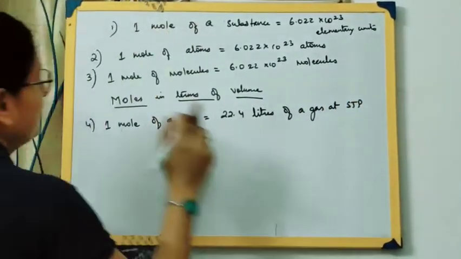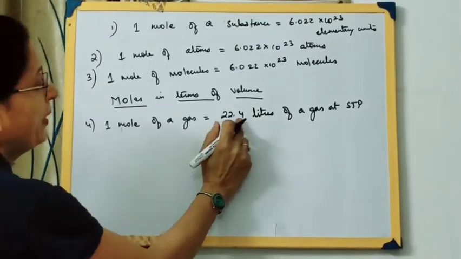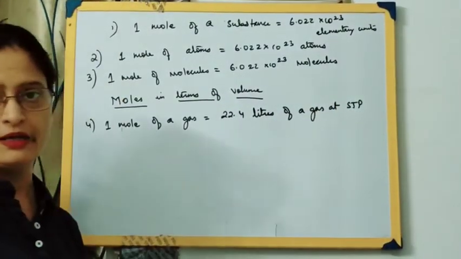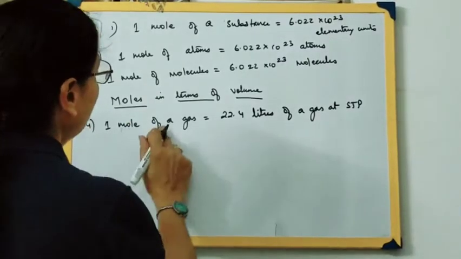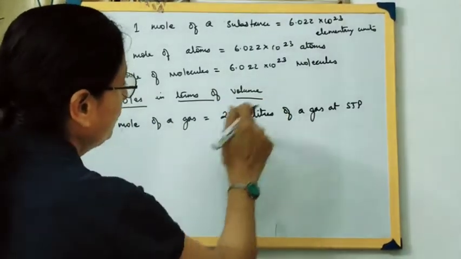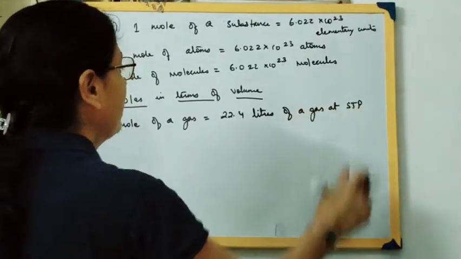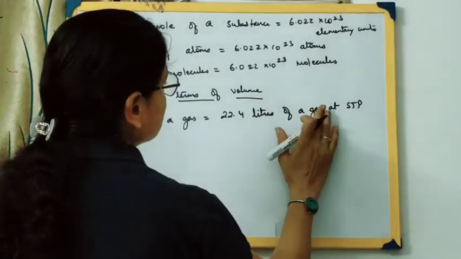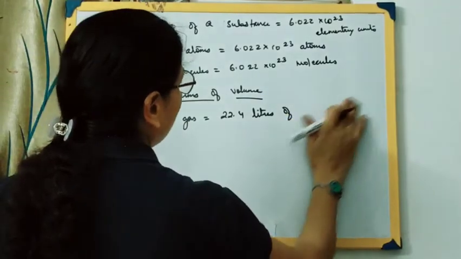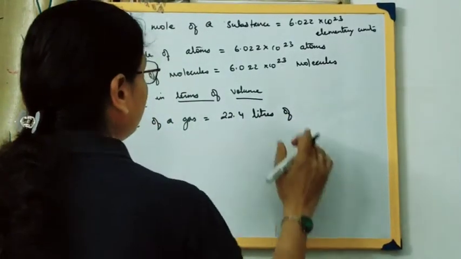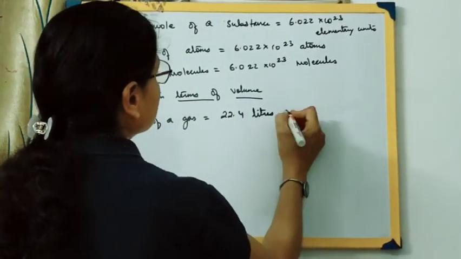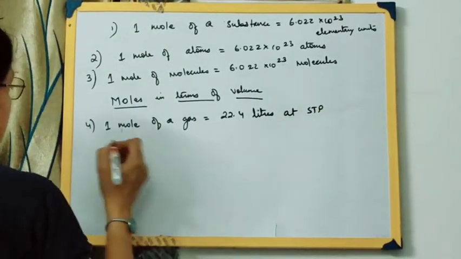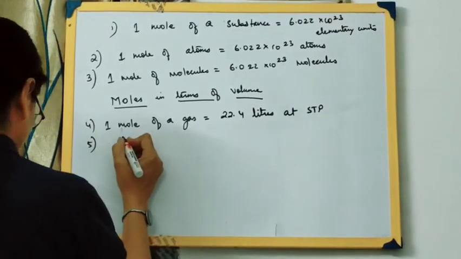It means that 1 mole of a gas will occupy this many liters of volume at STP. I repeat once again, 1 mole of a gas will occupy 22.4 liters at STP. So we can say 1 mole of a gas is equal to 22.4 liters at STP. Then moles of an element